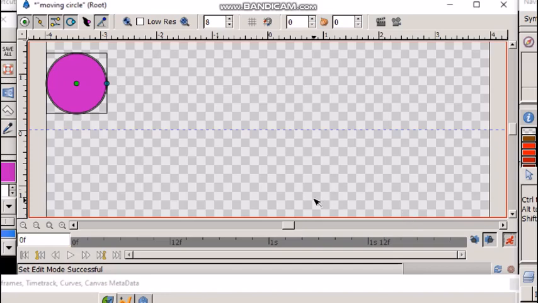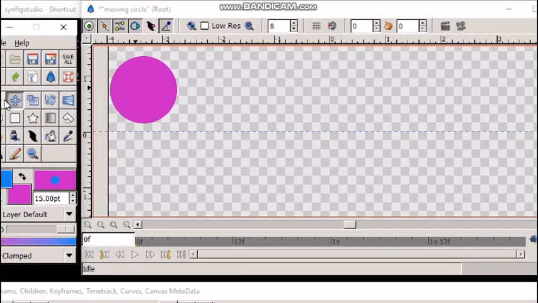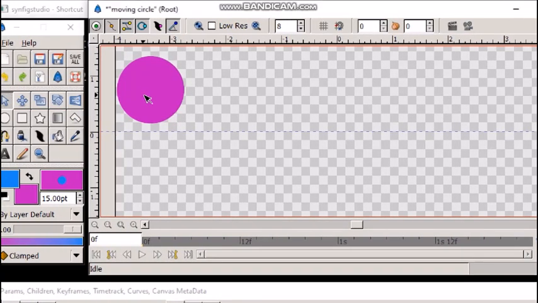Let us now create our animation. Click on animate editing mode. It is already clicked. You can see 0 frame in the timeline entry field. Move the circle slightly. This slide down I will move. This position of the circle is the first frame. Means the circle will start animating from here.